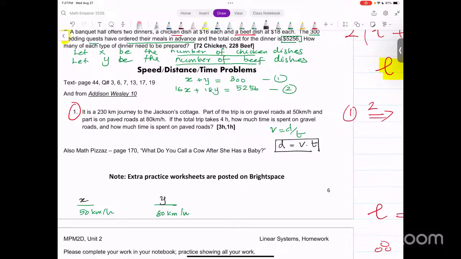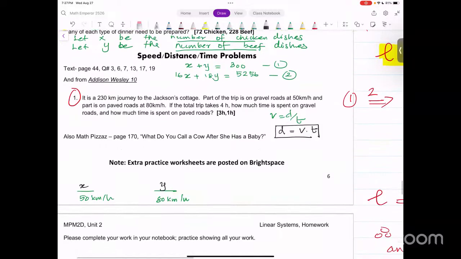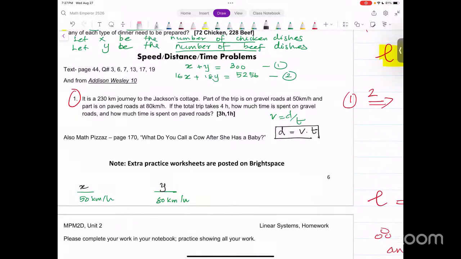Okay, so now let's go back to the distance. The total distance is given by multiplying the velocity by the time. So in that case,